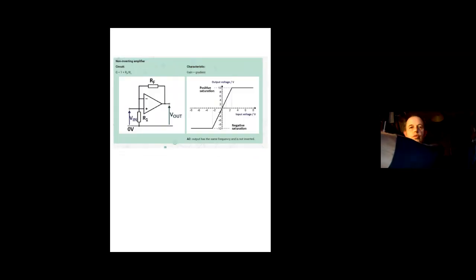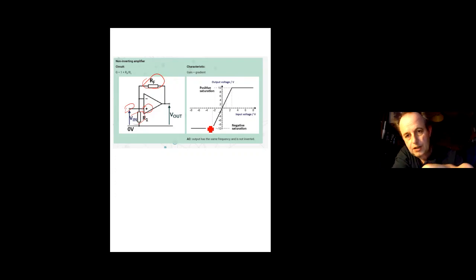And we go to the first op-amp today, which is a non-inverting. Non-inverting because the input voltage goes into the positive input. Two resistors: the top resistor is always called the feedback resistor, and the other resistor is always called R1 as well. Right, things that you have to remember with these